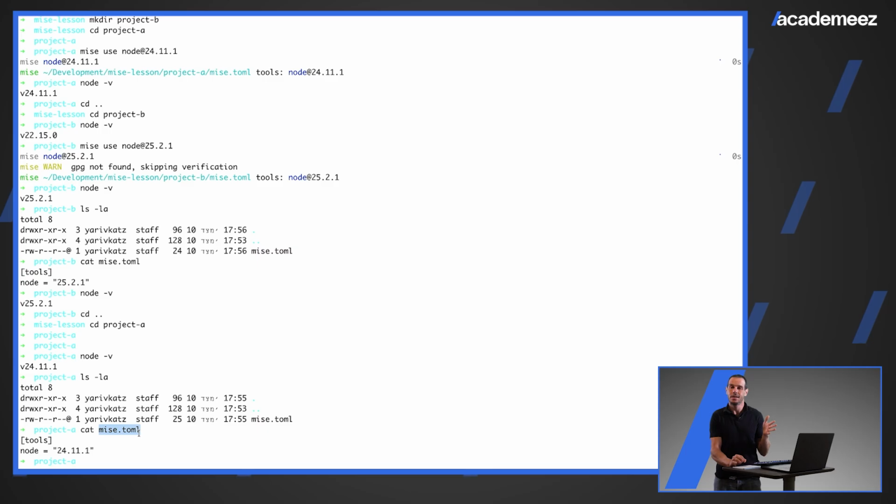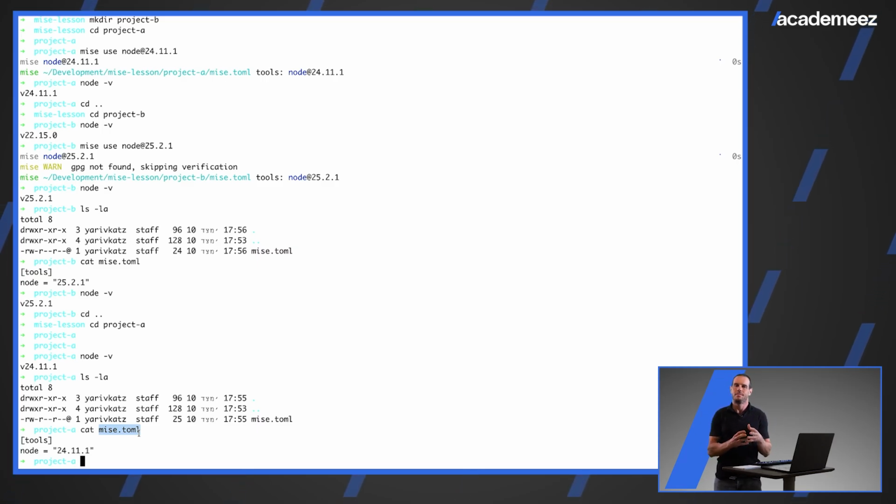When I'm cd-ing into that folder, Mise automatically creates the proper environment that is needed for that project. So pretty cool, right? Think about it, if you're in a project with a team of developers, how handy that is, that all the developers are in the same development environment. So we have similar tools like